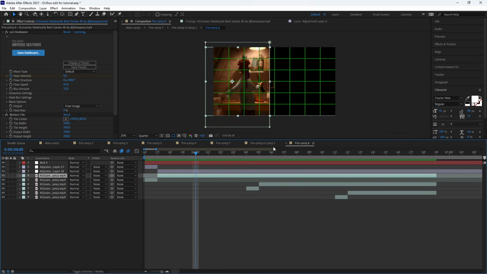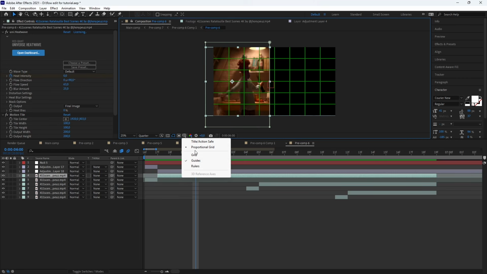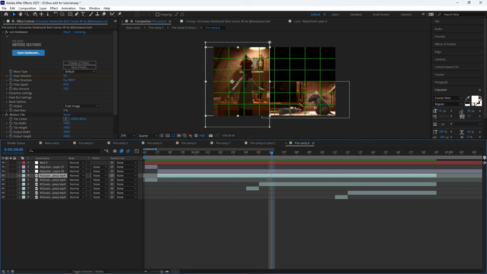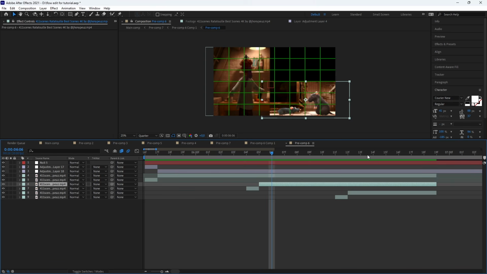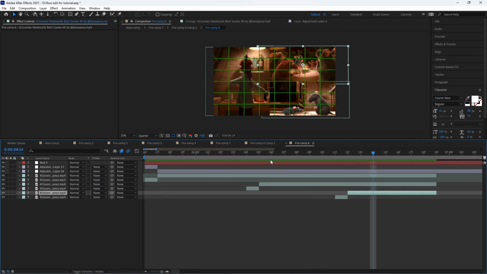So there's the main clip here that I just play with, with the mask, and then I added the grid guide here, and I changed the position to put it there. Then I add another clip and put it here, and the last one just right here. So nothing crazy for the moment.